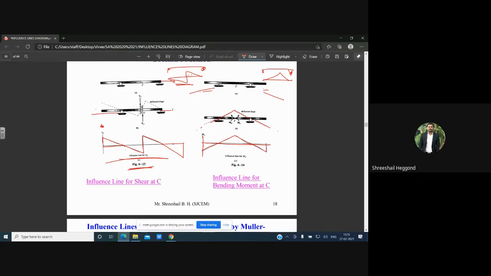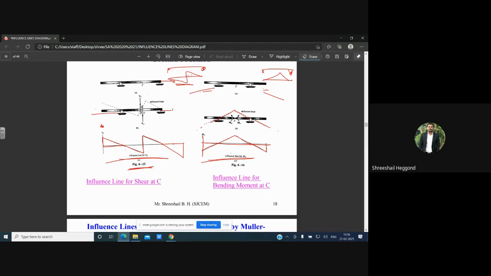Lines are extended. And the bending moment diagram for ILD can be drawn like this, if it is both sides overhanging. If this side overhanging is not there, then this diagram will not be there. Only this triangle and the bottom triangle. It used to be like that. Now, as both sides overhanging is given, the diagram will also be overhanging on both sides. Both sides of the bending diagram will be drawn.